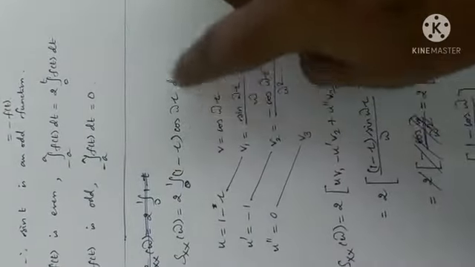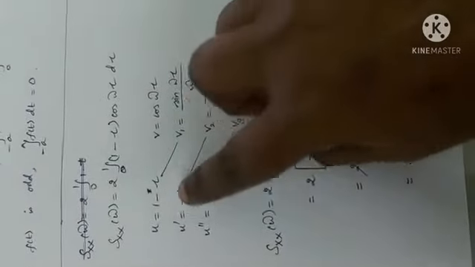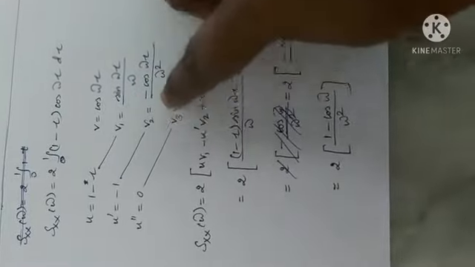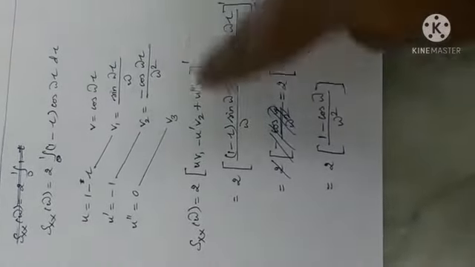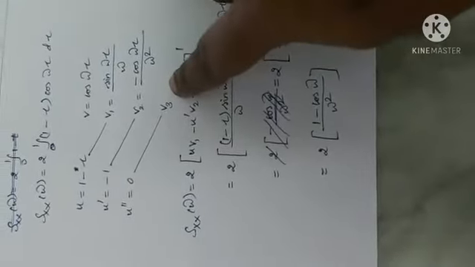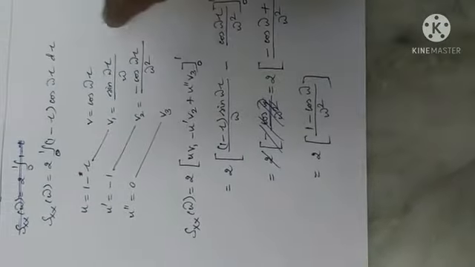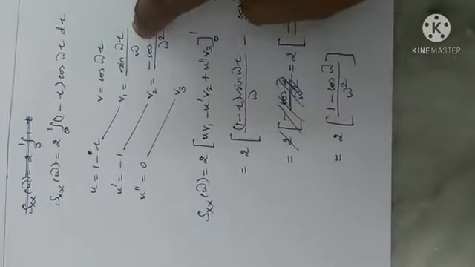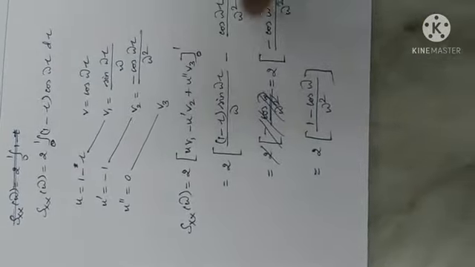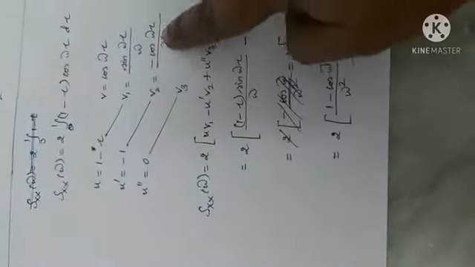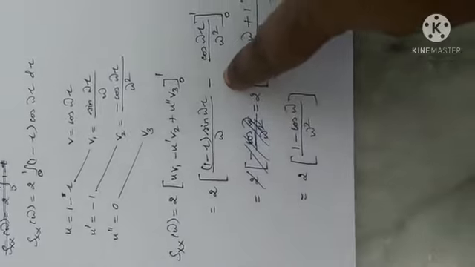Now it is ready to integrate using the Bernoulli formula. U, V, U dash, U1. So the formula is U V1 minus U dash V2 plus U double dash V3. It goes on, but here we stop because U double dash is 0, and 0 into V3 is 0. I hope you know the Bernoulli formula. Just multiply U1 V1, then U dash and V2. In between there is a negative sign in the formula. Here there are two negative signs, so it becomes a negative sign.